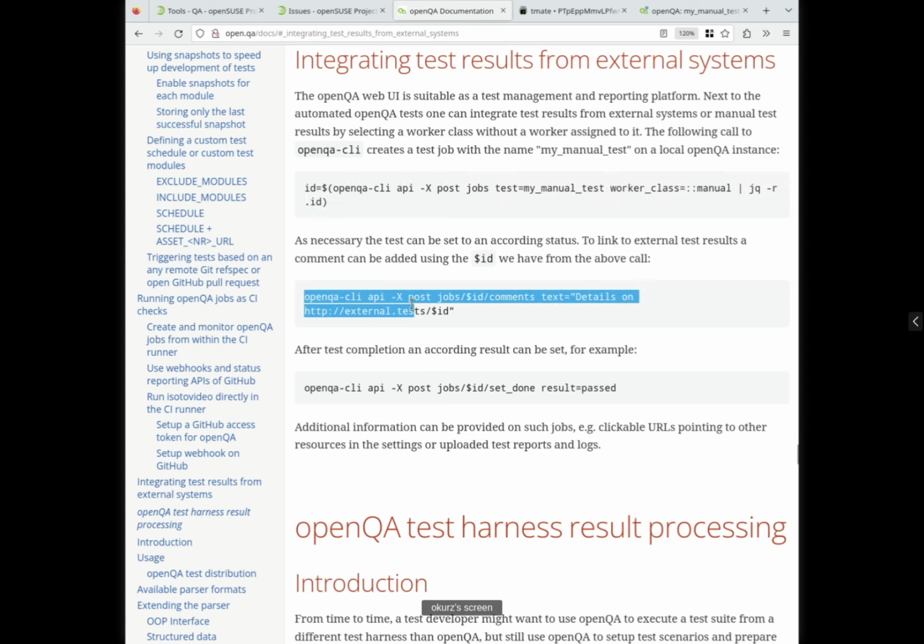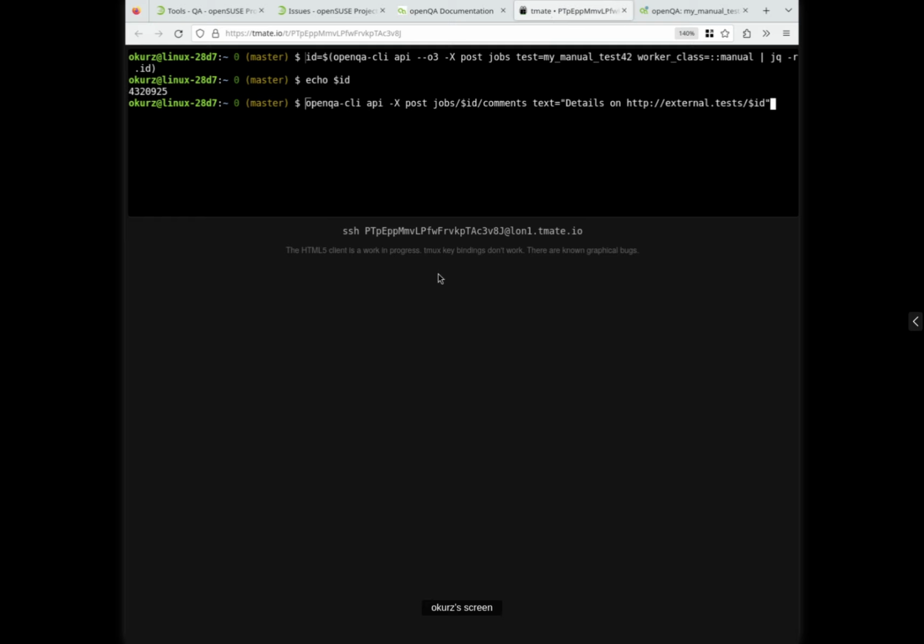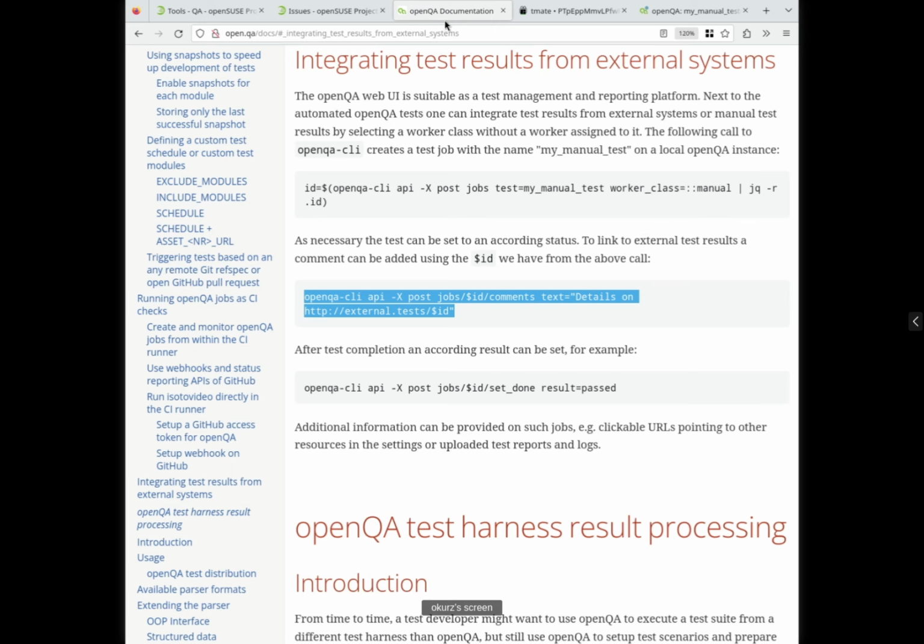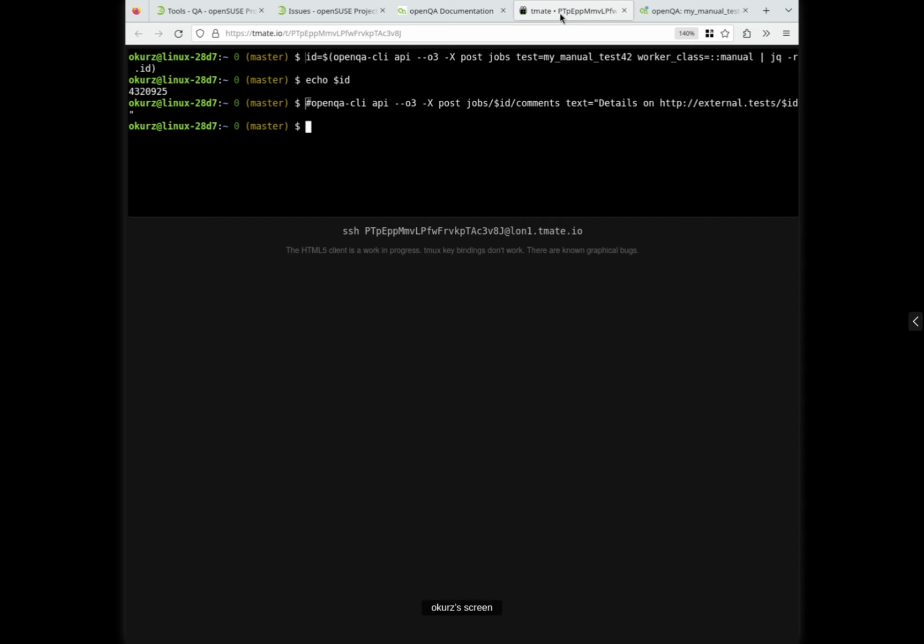Now I can follow the next part, where I'm recording, let's say, manual test results. Actually, I'm keeping that in scheduled because why not? I could also update the status in between.